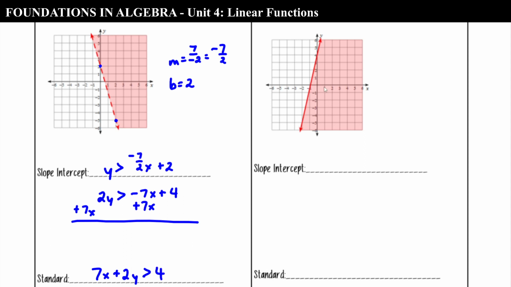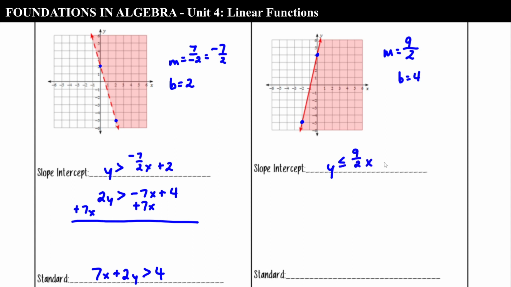For the next example, we have our y-intercept of 4. So go ahead and write that. Our slope, let's see, looks like we cross here. So let's count. 1, 2, 3, 4, 5, 6, 7, 8, 9. Rise of 9, a run of 2. So our slope is 9/2. So let's figure out our inequality. We're shaded below the y-intercept, so it's going to be less than. And because it's a solid line, it's less than or equal to